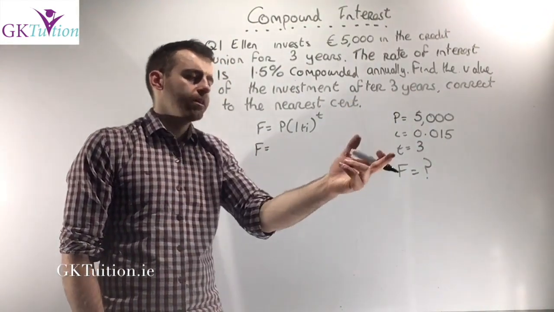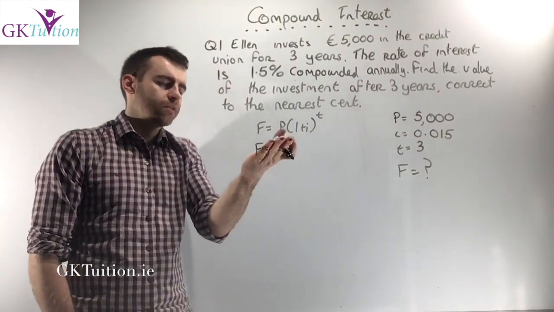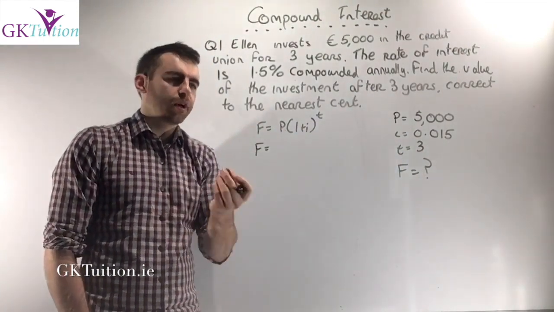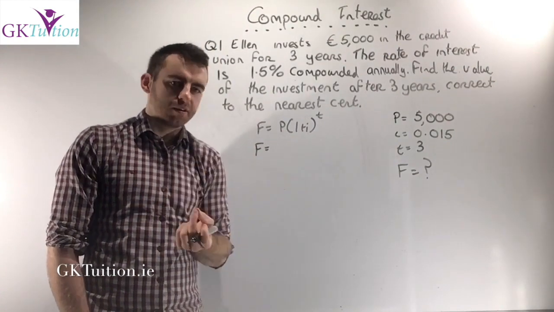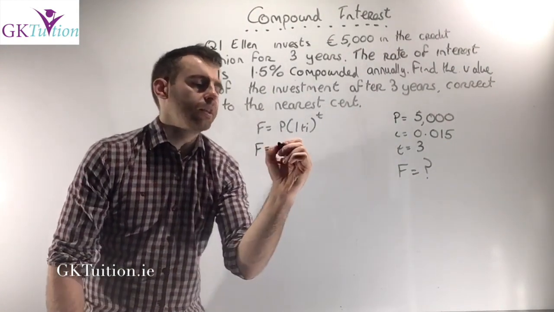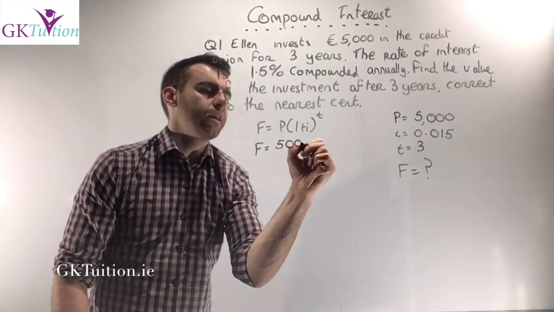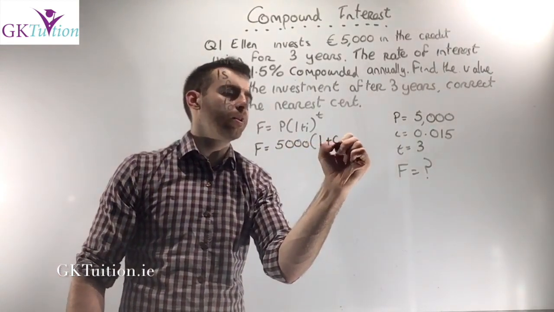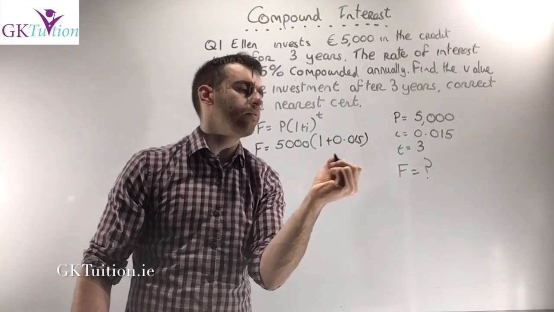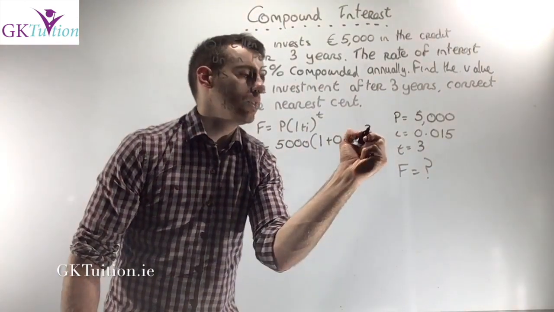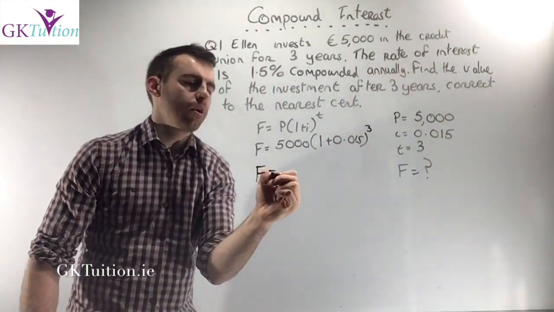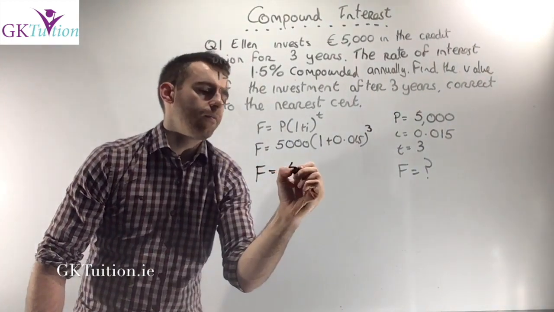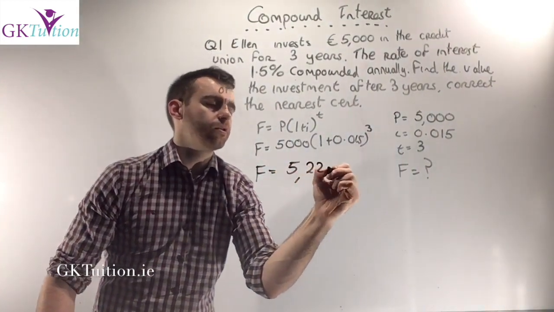Now I know P, I and T, which means if I just sub into this formula, I'll immediately be able to work out F, the final value of the investment. So in this case, all we have to do is sub in. P is 5,000 times 1 plus I, which will be 1 plus 0.015, to the power of T, which in this case is 3. Now if we plug all of that into our calculator, our final value here works out as